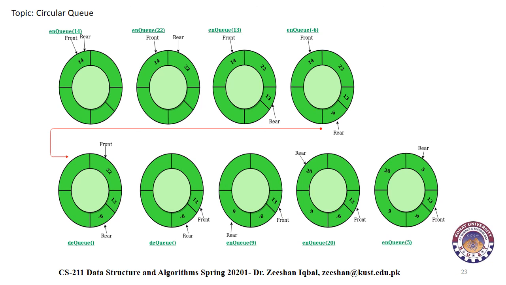Next we have called enqueue 9. So 9 will be added as the new value and rear will be moved from -6 to 9. Next, enqueue is again called with 20 as the argument. So 20 will be added and the rear will be 20. And the front here, we can see, is 13. Last we can see that enqueue 5 is called. So 5 will be added again and rear will be moved to 5 from 20. Here we can see that finally front has the 13 value as the index position and rear has the 5 index position.